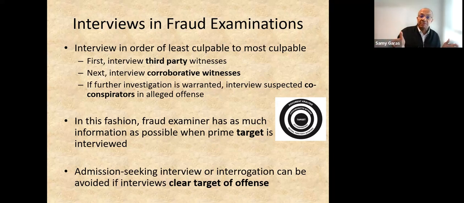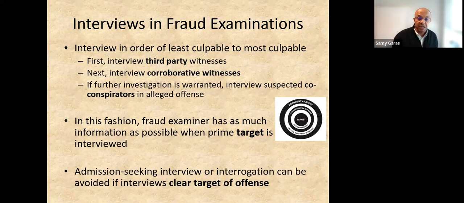Then once we finish our interview with the third party, we go to the cooperative witness, like maybe the bodyguard or the storekeeper who was protecting the warehouse, whoever is in direct relation with the fraudulent act, but is not the target. A good example, as I said, could be the storekeeper, the guard for the warehouse, or somebody walking in the road who saw what happened. This one we call a corroborative witness that can explain more details about the act.